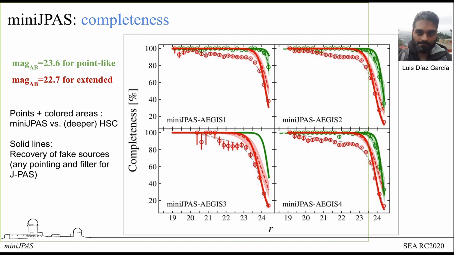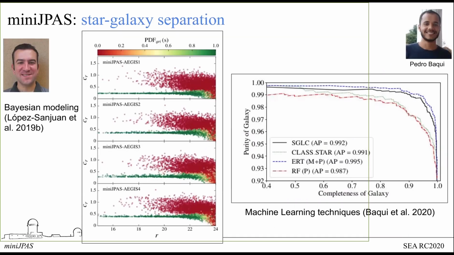And this provides that we can do this job and have a fair representation of the completeness with these fake sources. In the case of miniJPAS, basically we have a limiting magnitude at 95% of 23.6 for point-like and 22.7 for extended. So in the next slide, we also provide in the catalogs